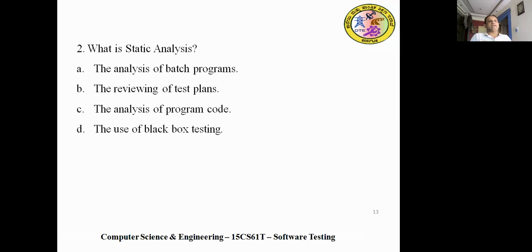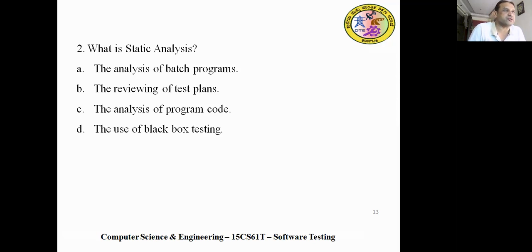What is static analysis? Yes, which is the answer? Analysis of batch programs, reviewing of test plans, analysis of program code, or use of black box testing.